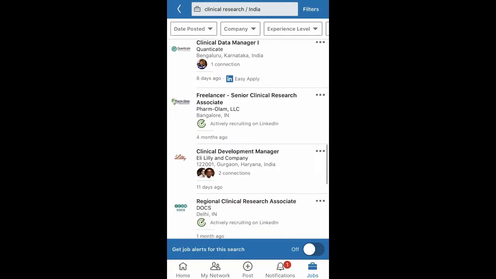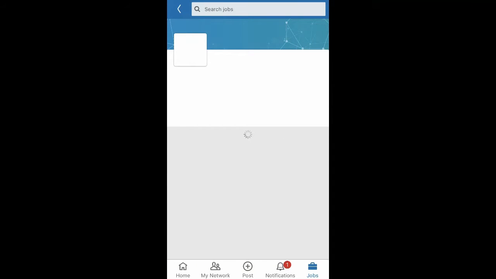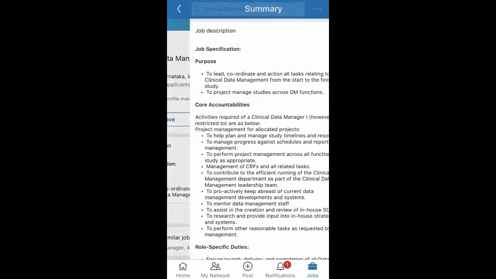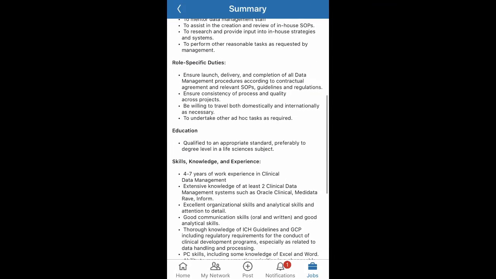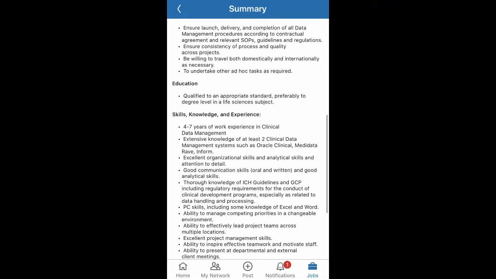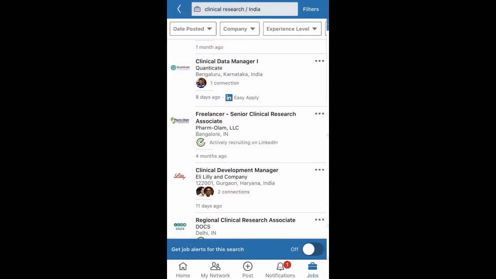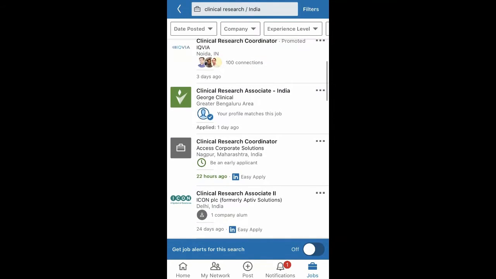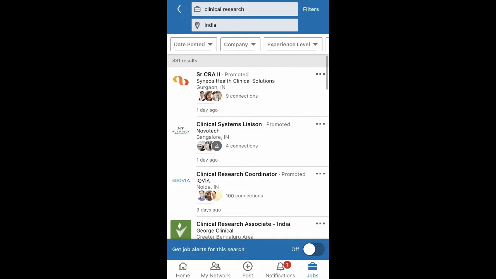For example, a clinical data manager job. If you see the job description here, they are asking for 4 to 7 years of experience. Now here you will get confused about whether you should visit all the posts and find the relevant one. So you don't need to open individual job applications.